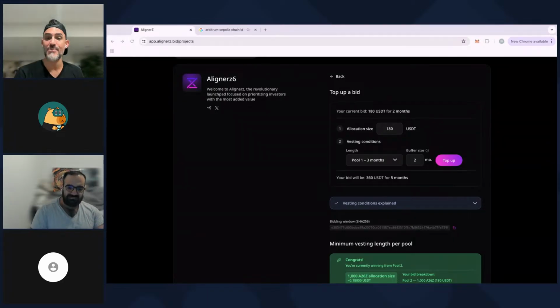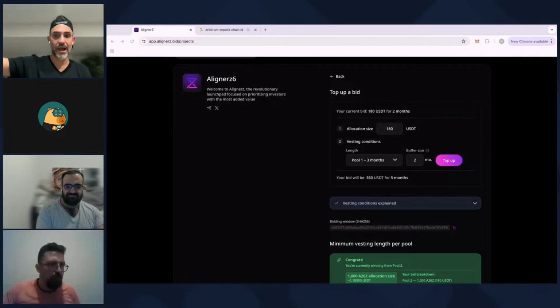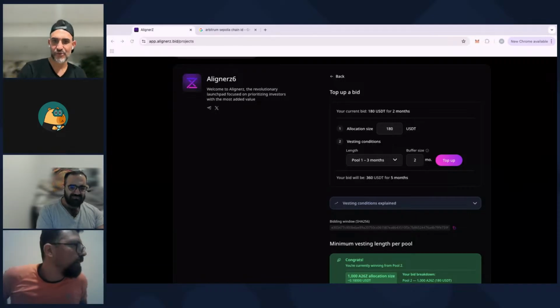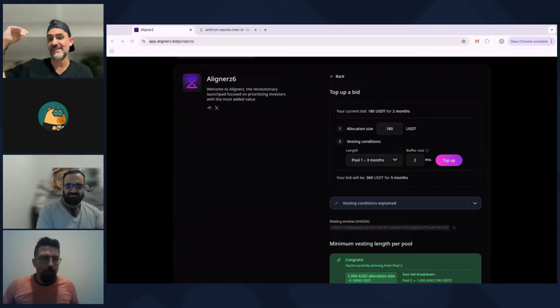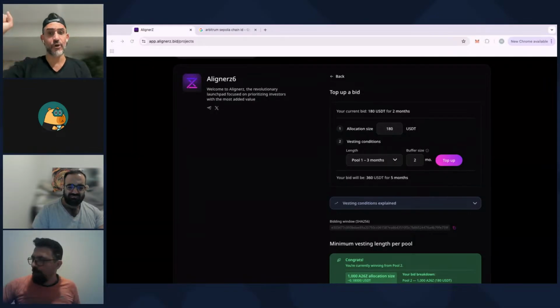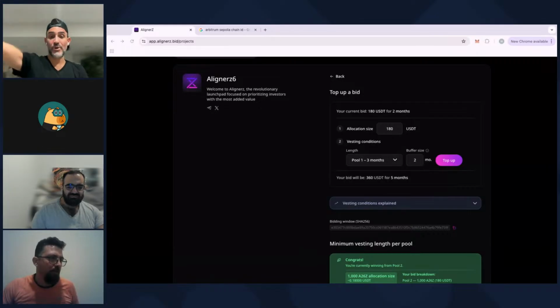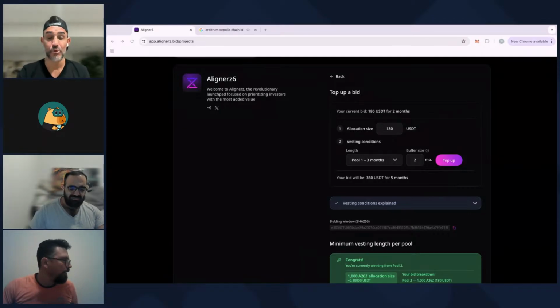So that's where the game theory comes into play. Now I want Roger and Cyber Warrior to start bidding up so that we can see this whole thing change. Then I can share my screen again. Let's say Cyber Warrior bids 4 months for 101 USDT. I would get bumped out of pool 1 and into pool 2, and maybe even partially pool 3, depending on the total allocation for pool 2, right?